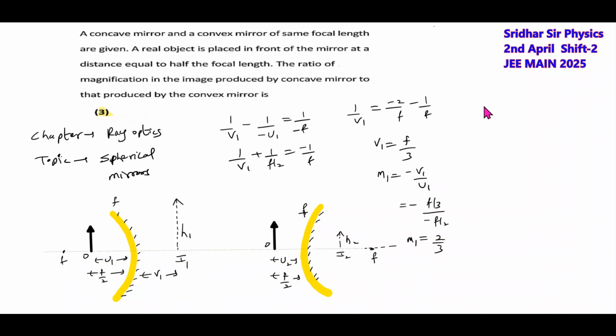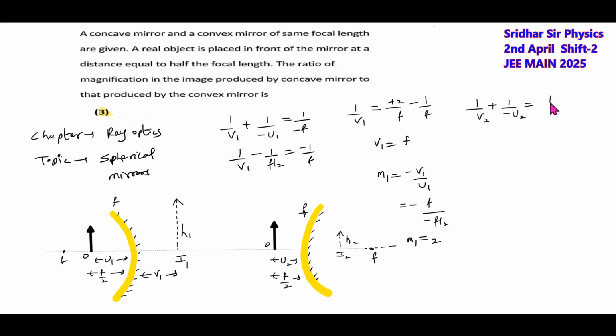Second, for the convex mirror, using the mirror formula, 1 by v2 equals plus 1 by f, this will be positive, this will be negative, so minus 2 by f. If you send it here, it becomes plus 2, and v1 will be only f. Magnification will be 2. Next, the mirror formula for the convex mirror, 1 by v2